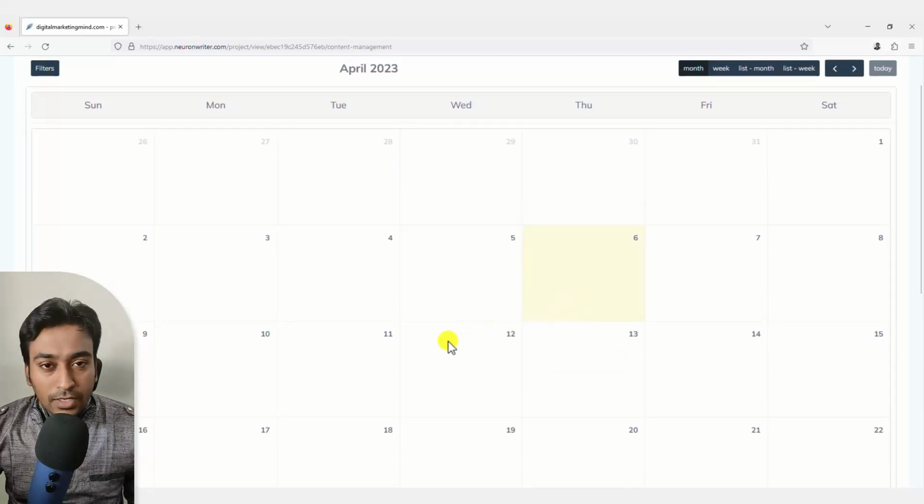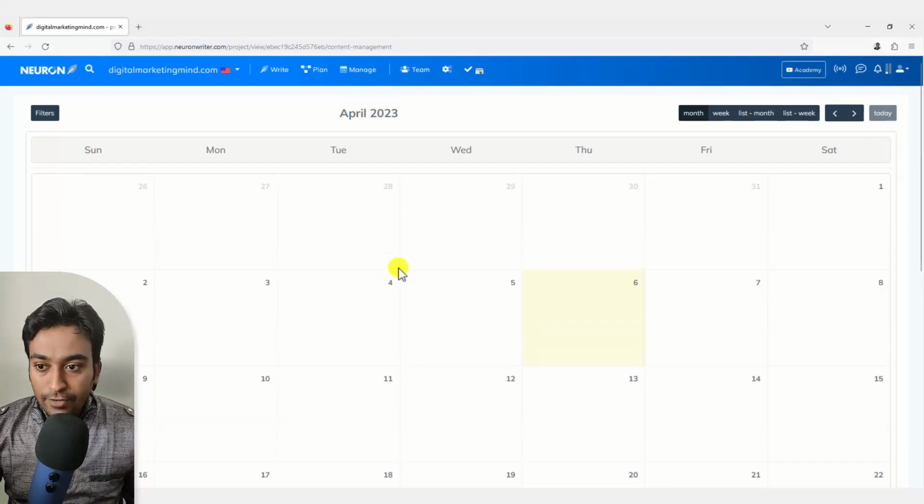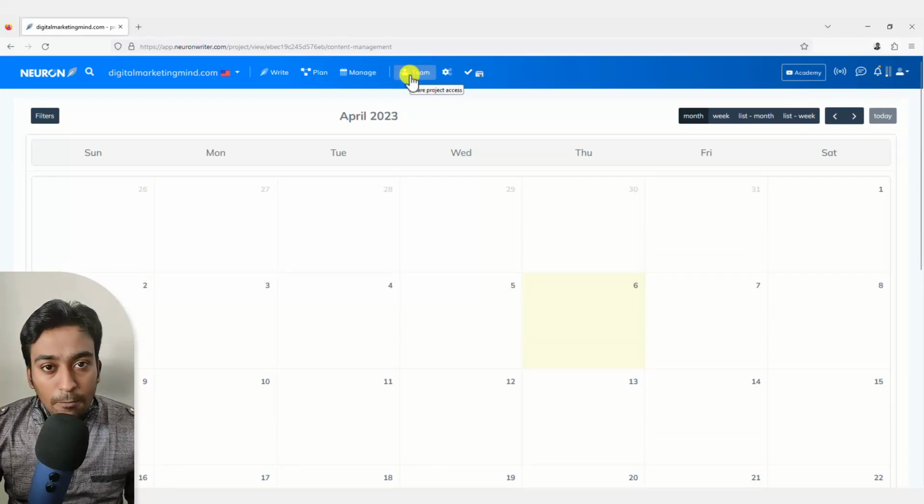For example, if you're creating content and you want to publish on specific dates, this is a great way to keep track of it, where you can mention a status within the project itself. I'll show you the options later. But when you do that with a status like to do, done, published or something like that, and with the expected published date, it will show those particular data within this calendar itself, which helps you to manage your content much more effectively.